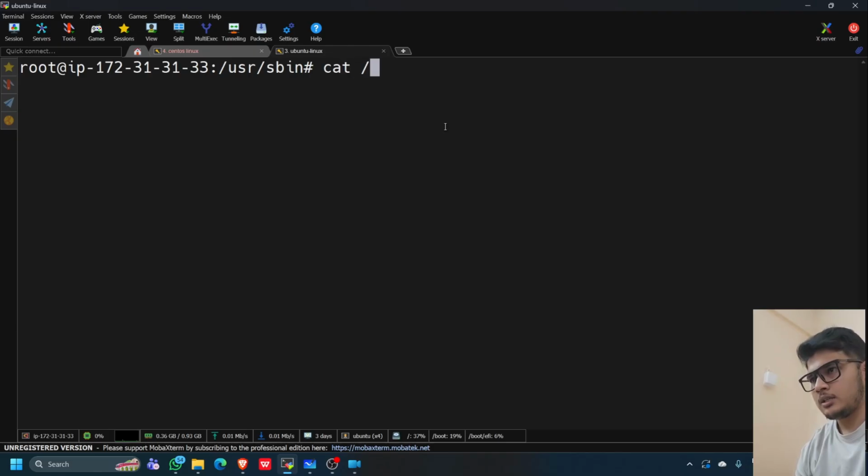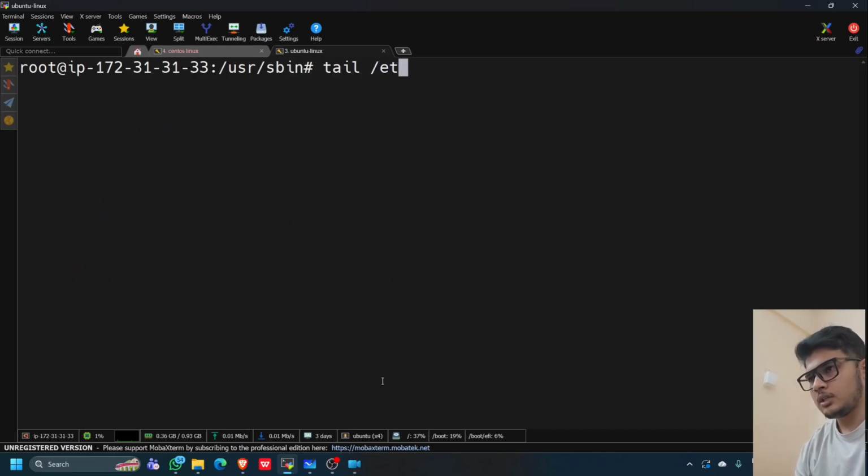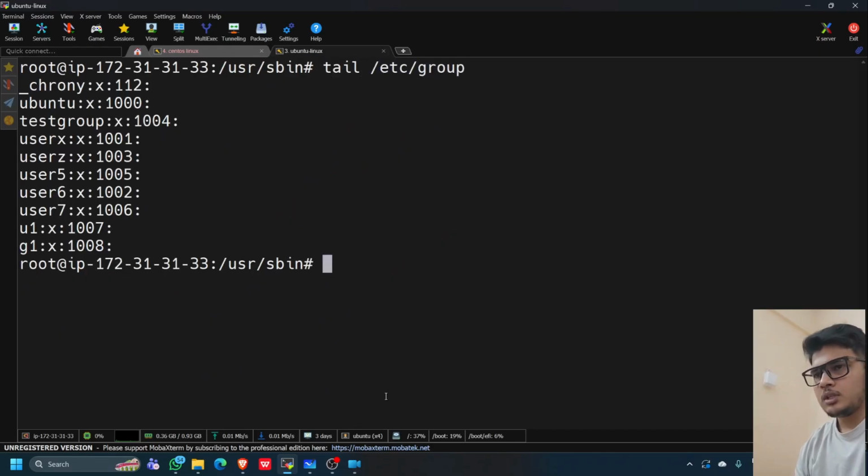If I see now, cat /etc/passwd, g1 is not a user, it's only a group. If we see tail /etc/group, then you can see the g1 group is created. Then how are both the commands working differently,